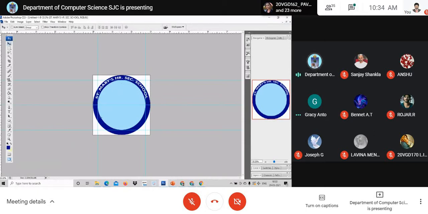Likewise, at the bottom you design something. Put some designs in the center part. At the bottom you have to put something. Then the badge is ready. You have to give it to the printer to be printed in sticker media. So he will cut it and give it to you exactly. How many circles you want, he will print and you can paste them on the badges. Okay, sister? Thank you, sir.